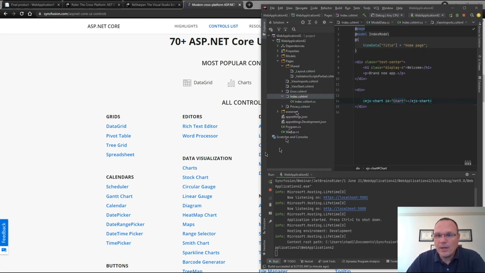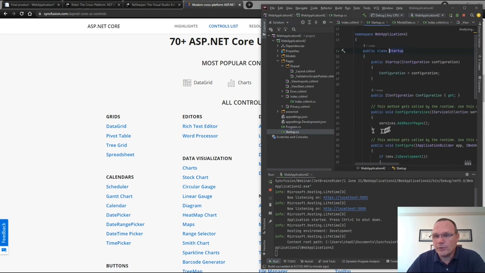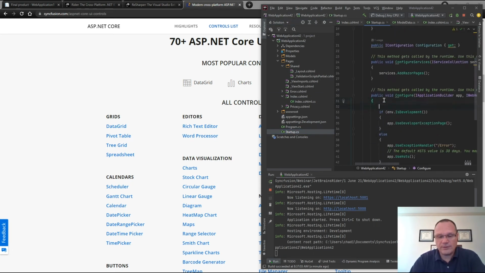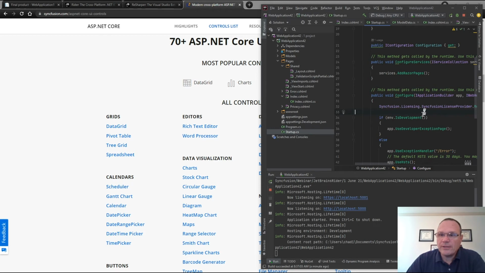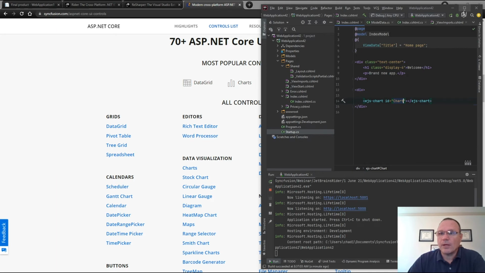So let's come back to here, and I'm going to go into startup, and I'm going to show you how to put a license key in. So Syncfusion licensing, and then your keys will be off here to the right. This is where it gets added in for ASP.NET Core. I knew there was a help topic all about this. But let's come back in and